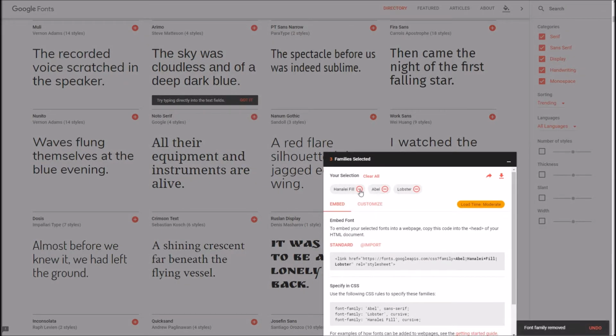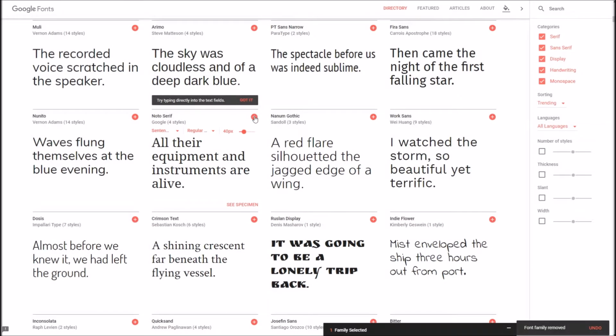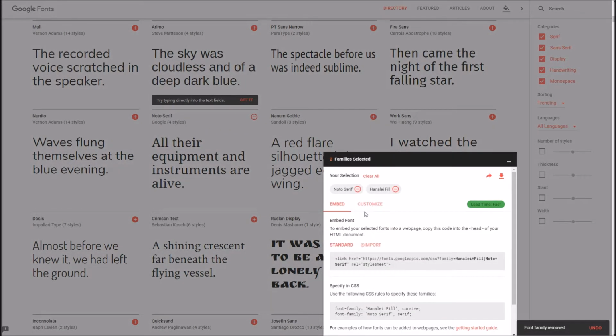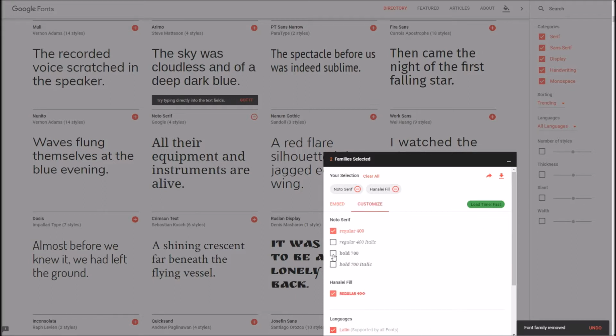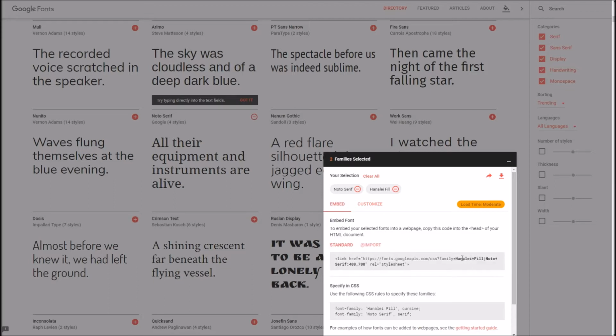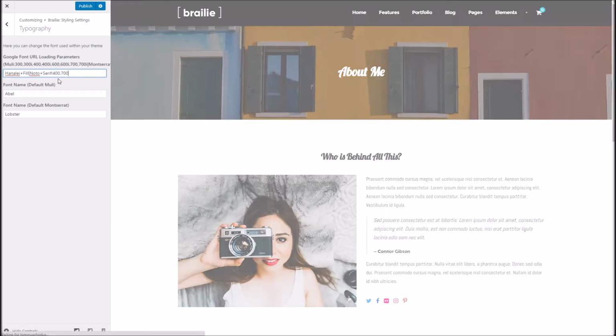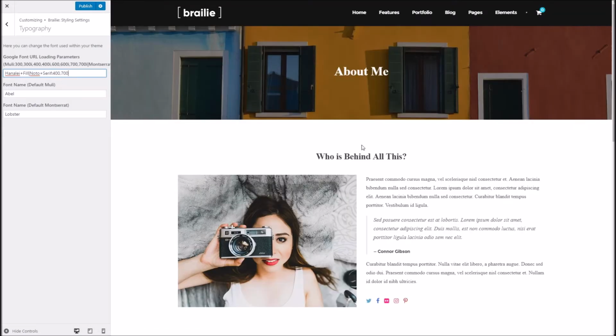So let's get rid of Daisy. Pop Noto Serif back in there. So that's left us with the two new fonts. Go to Customize. We'll grab a few extra styles. So we're going to have Noto Serif and Hanifle Phil. Probably pronouncing that terribly. So again, we'll copy the URL portion from Google Fonts, paste it into our settings here,